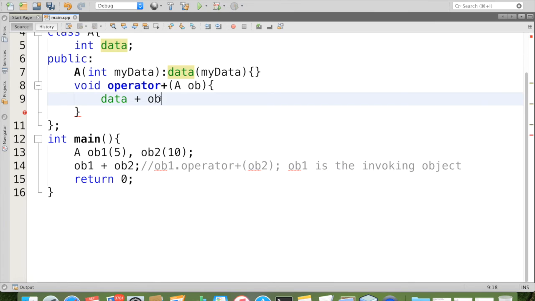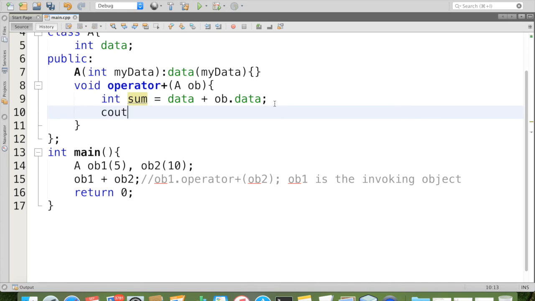So OB.data. Data contains 5 and OB.data contains 10. Integer plus integer gives another integer, so int sum = data + OB.data. Finally we can display the resultant: cout sum.